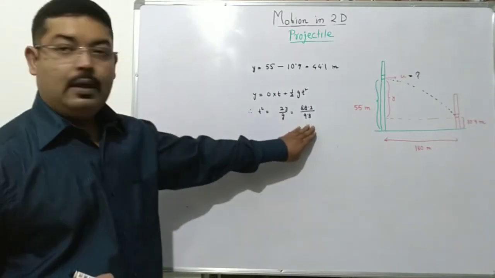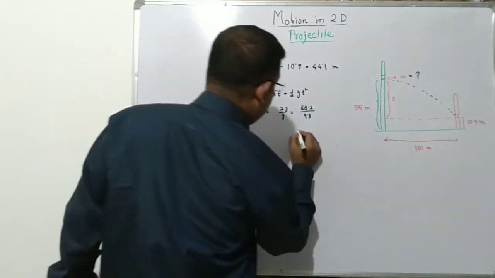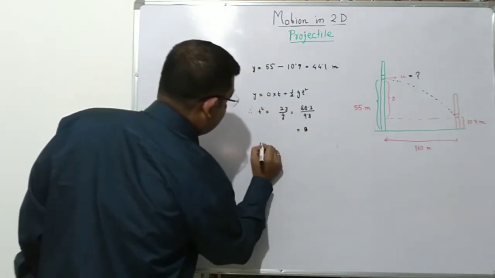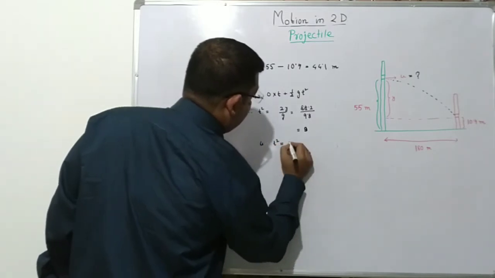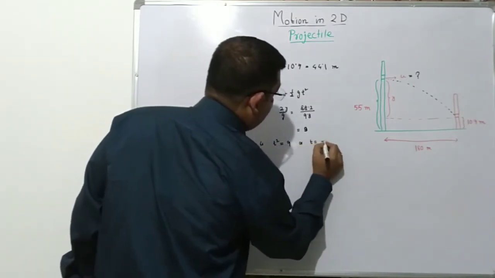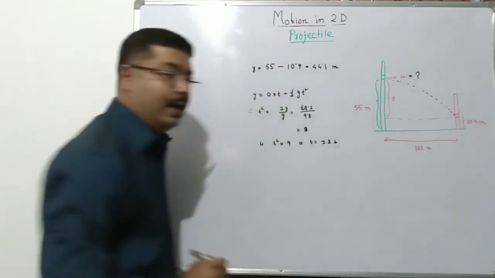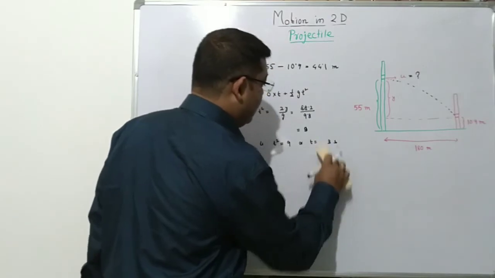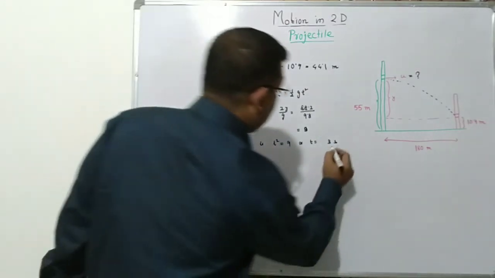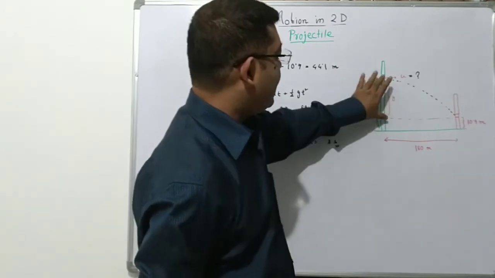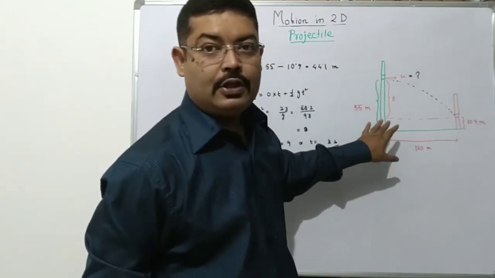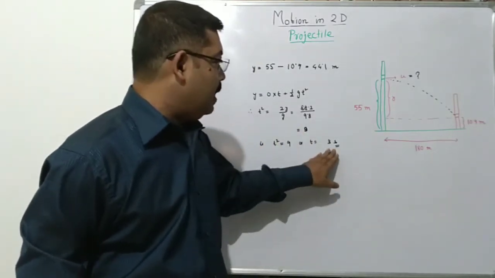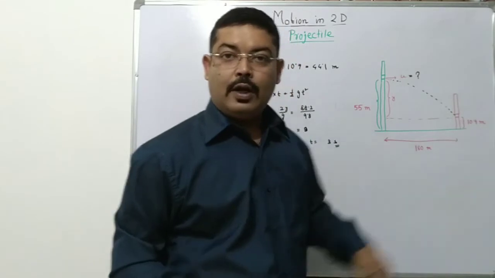so what is going to be the result? This turns out to be equal to 9. That is to say, t square must be equal to 9, or t must be equal to plus minus 3 seconds. Negative time doesn't make any sense to us, so we'll have t equals 3 seconds. So the object will take 3 seconds to fall through this distance in the vertical direction. So we must have that during this time t, the object must have traveled 180 meters in the horizontal direction.